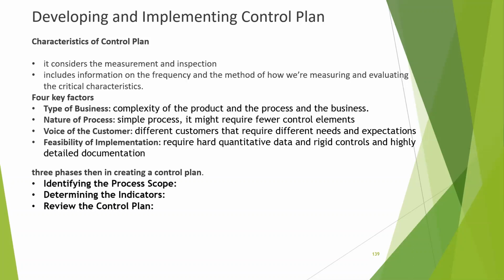Okay, so the control plan, all the SPC-based control plan, how we are going to do it. What is a control plan? Measurement and inspection, that's the major area of the control plan. What we are measuring is the denial, and for inspection, we check whether the denial is under control or not. For that only we are using the control plan. It includes information on the frequency and method, how we are measuring, and then evaluating the critical characteristics. These are the 4 points which we need to use for the control measure. There are 4 characteristics which define your control plan.